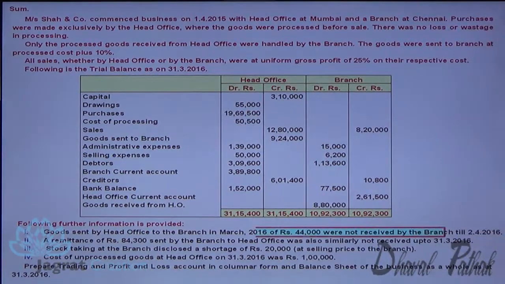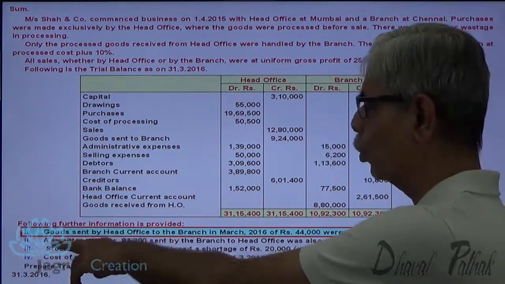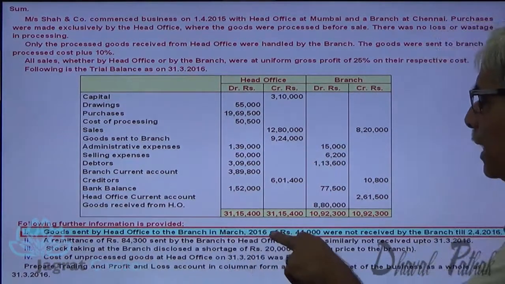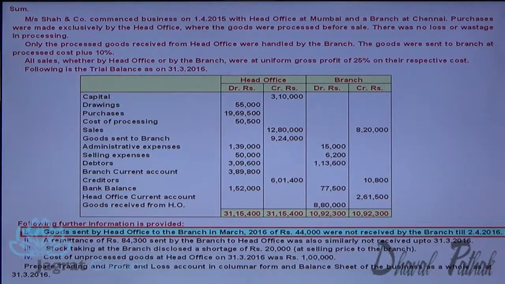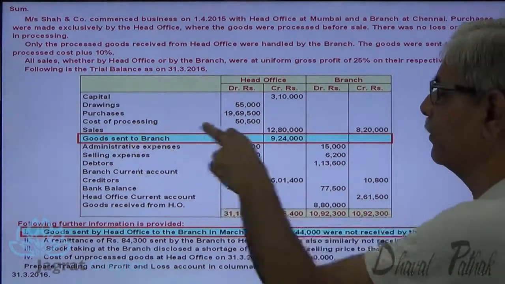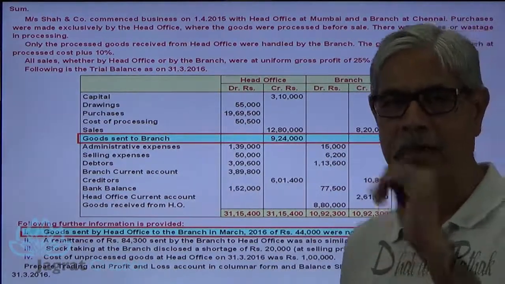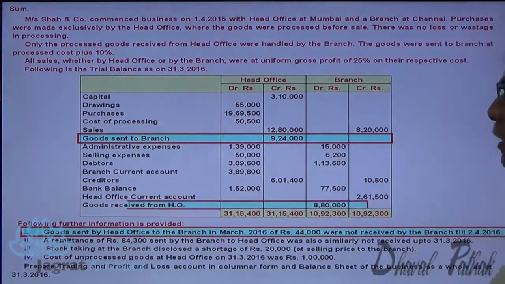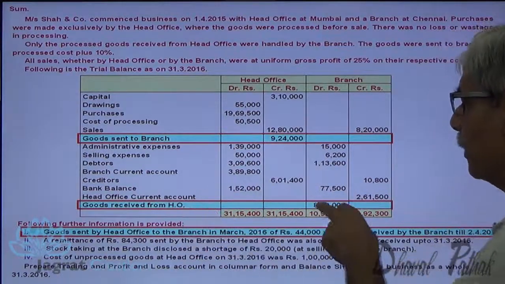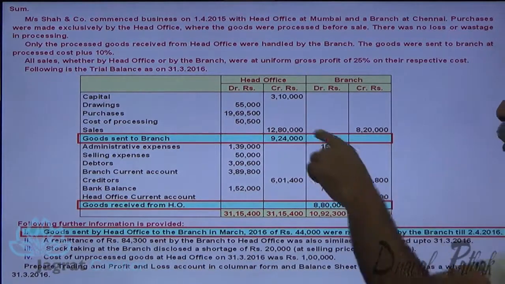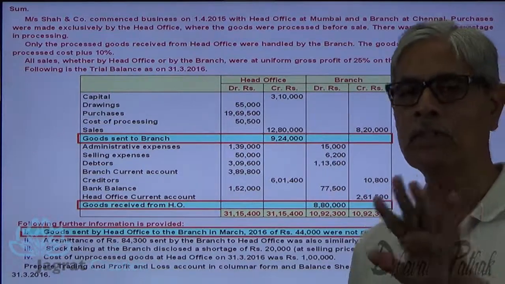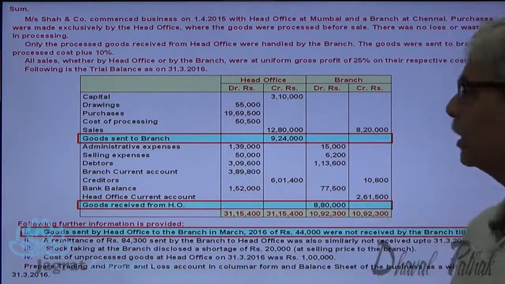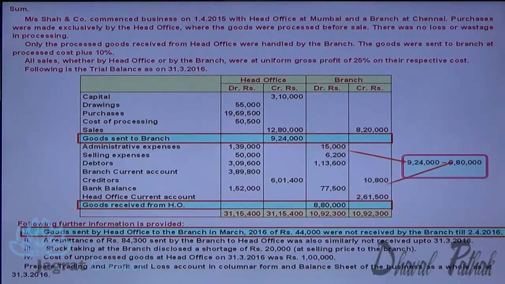Now the first adjustment that I want to take care of is goods sent by head office to the branch on March, 44,000 were not received. So goods sent to the branch. So head office says that we have sent the goods of 9,24,000. Branch says that goods received from HO 8,80,000. So goods sent 924, goods received 880. The difference between the two is worked out, that works out to be 44,000,